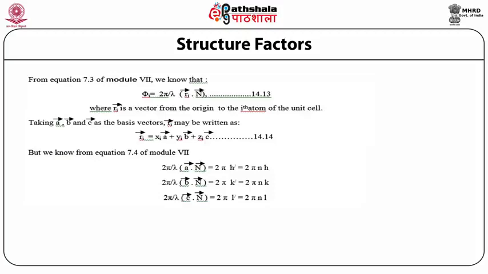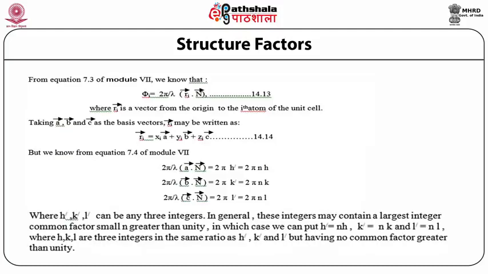Similarly, (2π/λ) times the dot product of the B vector and the capital N vector is equal to 2π k′, equal to 2π n k. And (2π/λ) C·N is equal to 2π l′, equal to 2π n l, where h′, k′, l′ may be any three integers. In general, these integers may contain a largest common factor, small n, greater than unity, in which case we can put h′ = nh, k′ = nk, and l′ = nl, where h, k, l are three integers in the same ratio as h′, k′, l′ but having no common factor